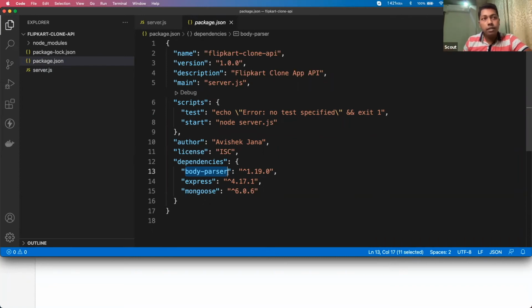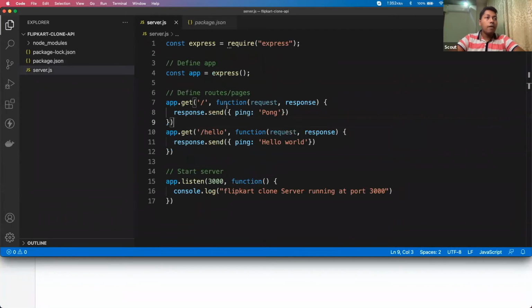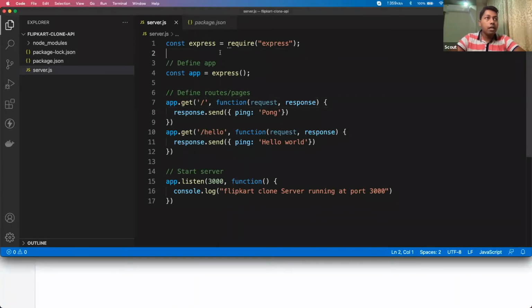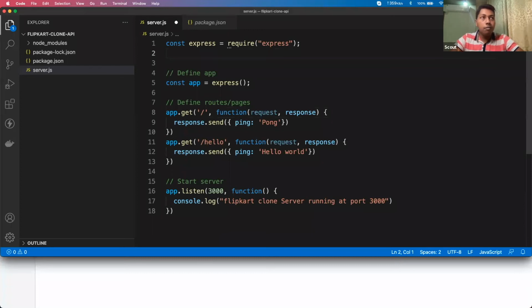Say we are sending the request in JSON format, and to parse that, we need this body parser library. So I will show you how to use body parser. Again, you go back to your server.js file. There you need to include a few other libraries as well. Similarly to how we imported express, we'll do that. Say const